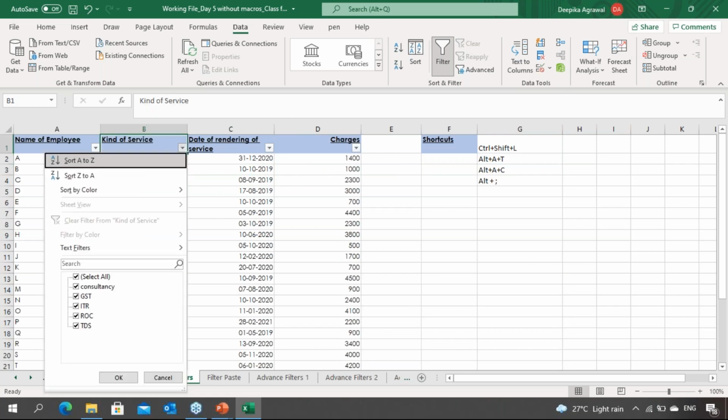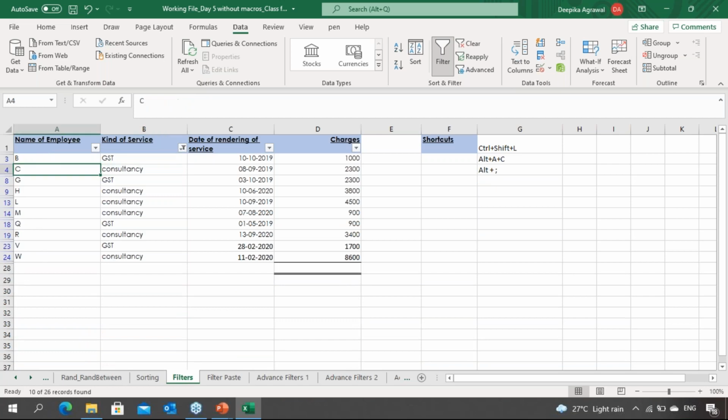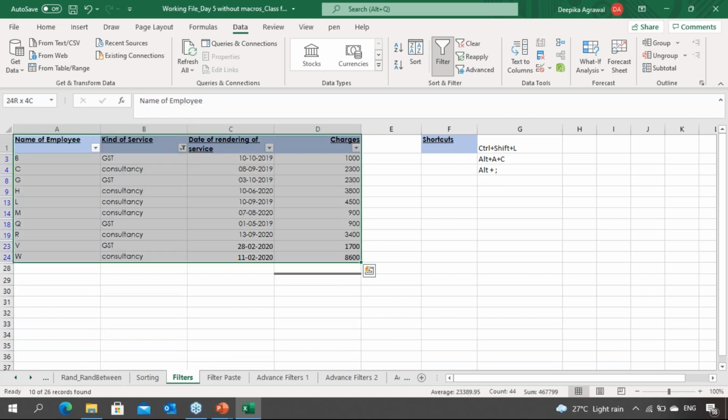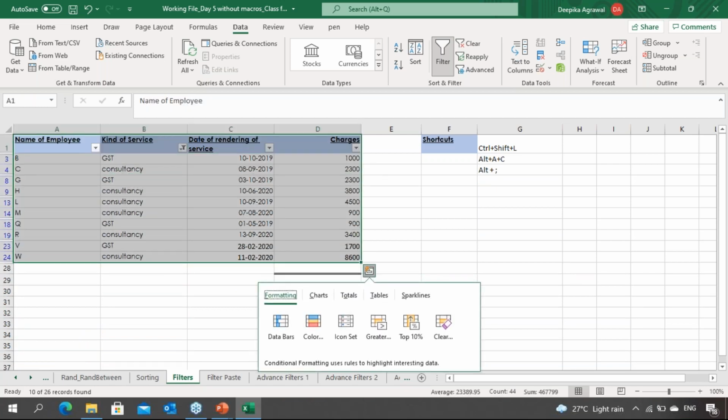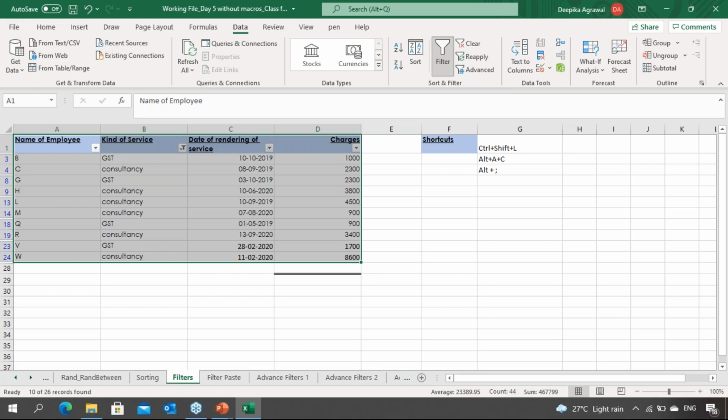पे फिल्टर लगा रही हूँ, आई एम अप्लाइंग द फिल्टर ऑन जीएसटी एंड कंसल्टेंसी। तो जब मैं इसे कॉपी करूंगी, कॉपी करने से पहले व्हाट आई डू, आई गिव द कमांड टू द सिस्टम कि प्लीज जो विजिबल डेटा है आप उसी को देखो। तो विजिबल डेटा देखने का शॉर्टकट है ऑल्ट सेमीकोलन।